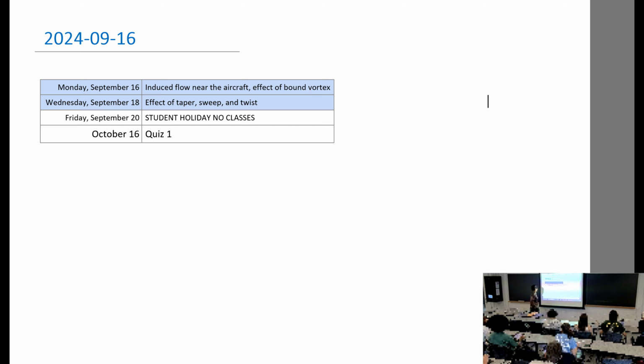Okay, so today we're going to continue our last lecture on looking at the flow field near the aircraft and what is the effect of the bound vortex that goes through the wing. And on Wednesday, we're going to discuss what is the consequence of that. How does the bound vortex as well as the induced flow near the aircraft affect different design of the planform,